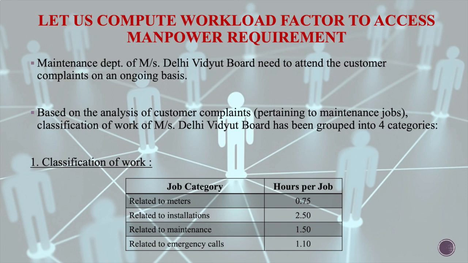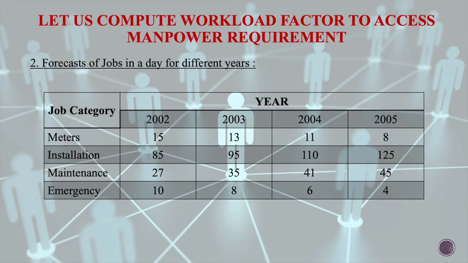So it will be 2.5 hours, for example, per job. When you are maintaining it, that is related to maintenance. The hour requirement for the job is 1.5. Similarly, related to attending the emergency call, we have reserved 1.10 hours per job. Now, if we see the slide itself over here, the forecast of jobs in a day for different years,